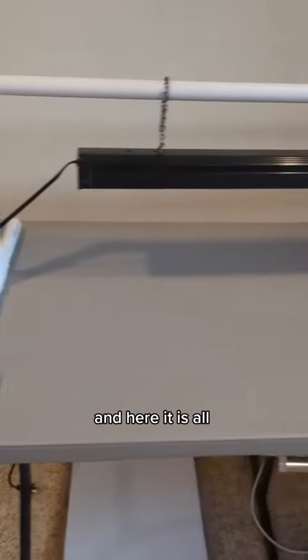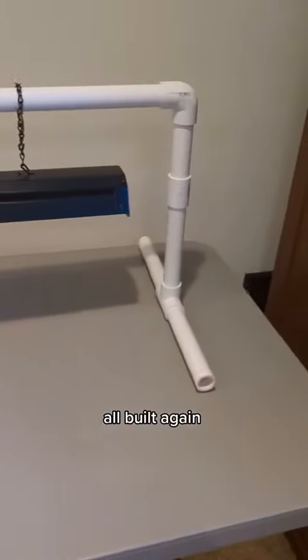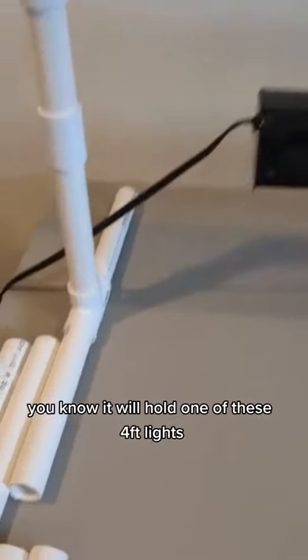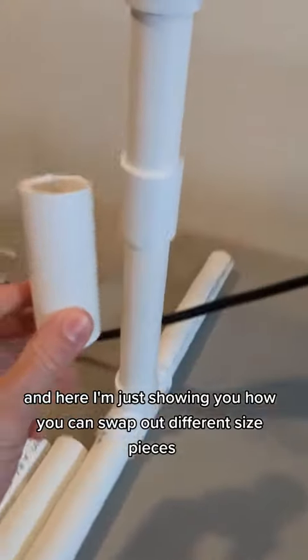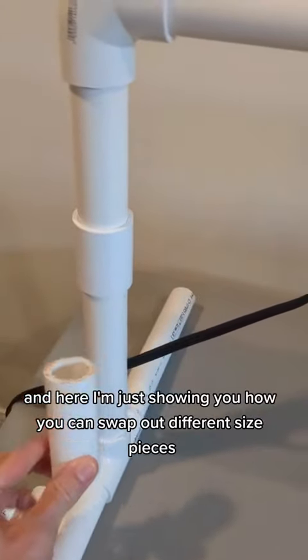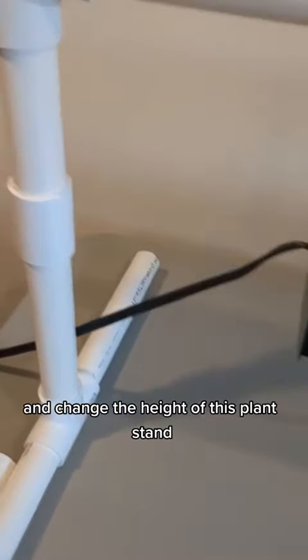And here it is, all built again. And it's as simple as that. It's pretty easy, and it will hold one of these 4-foot lights. And here I'm just showing you how you can swap out different size pieces and change the height of this